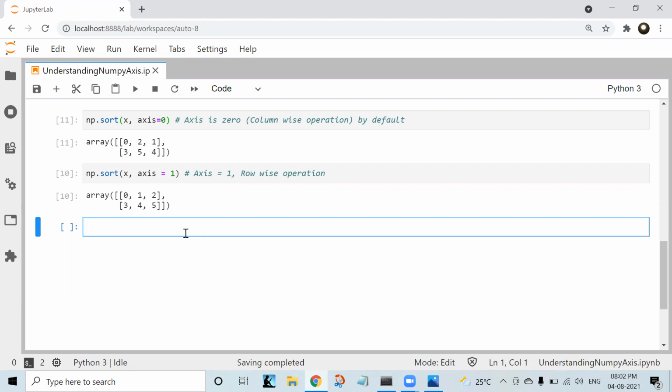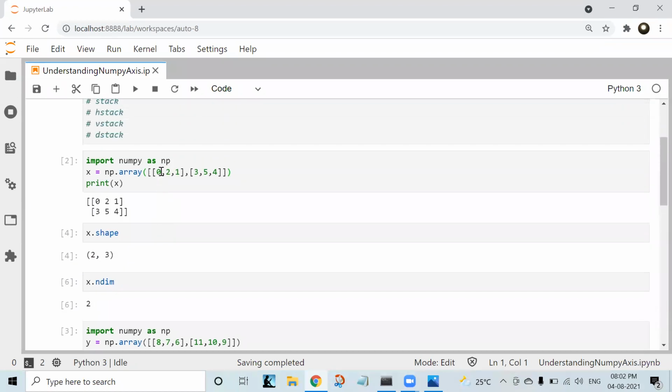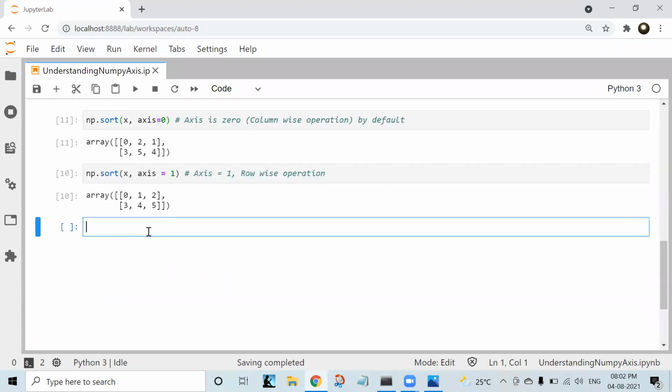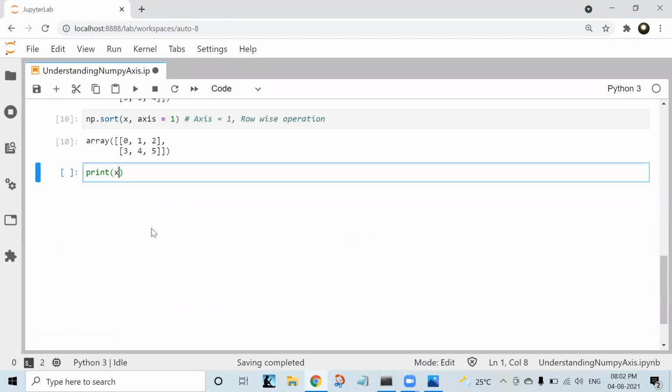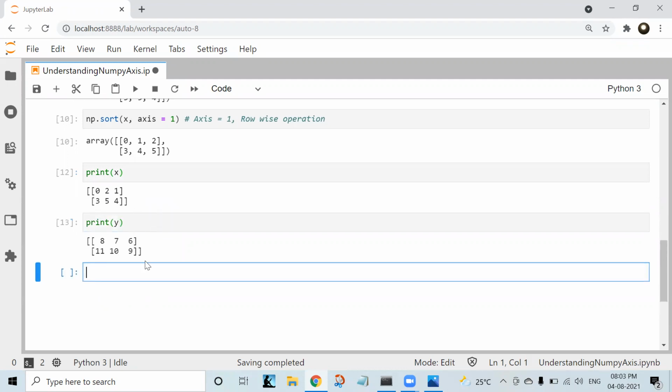I'll take the same 2 by 3 example arrays and concatenate these two. Let us print the first NumPy array and then the second NumPy array. These are the actual values. Now let us try to concatenate them.